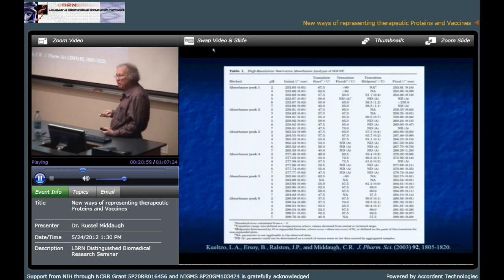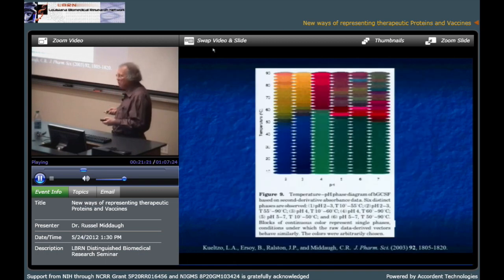It's a pretty complex collection of data, but we could summarize it with a chart and just say, here are the different peaks and here are the different pHs and here's the initial position of the peak. Here's where the transitions start. Here's where they finish. If you can measure them, here's the midpoint of the transition, et cetera. It's not intuitively very useful information, but we can summarize it in the form of a phase diagram, an empirical phase diagram. Empirical, I should emphasize that point, because we want to differentiate this from a true equilibrium phase diagram, which at times it could be, but mostly it's not.